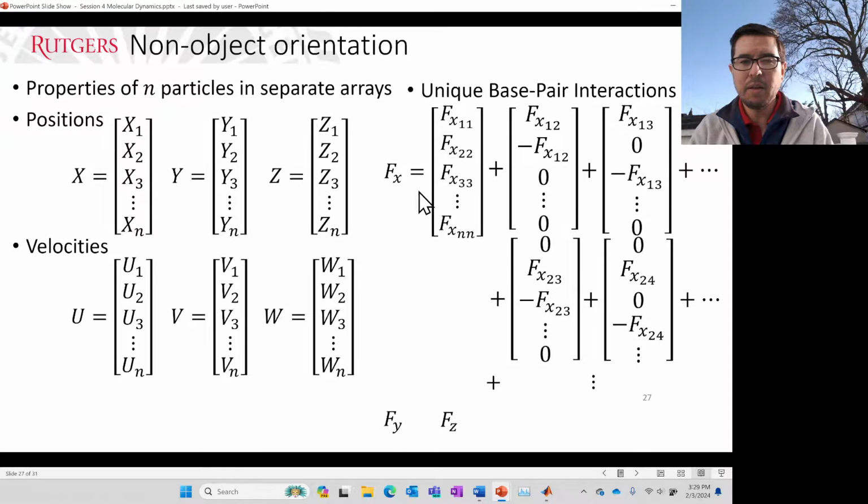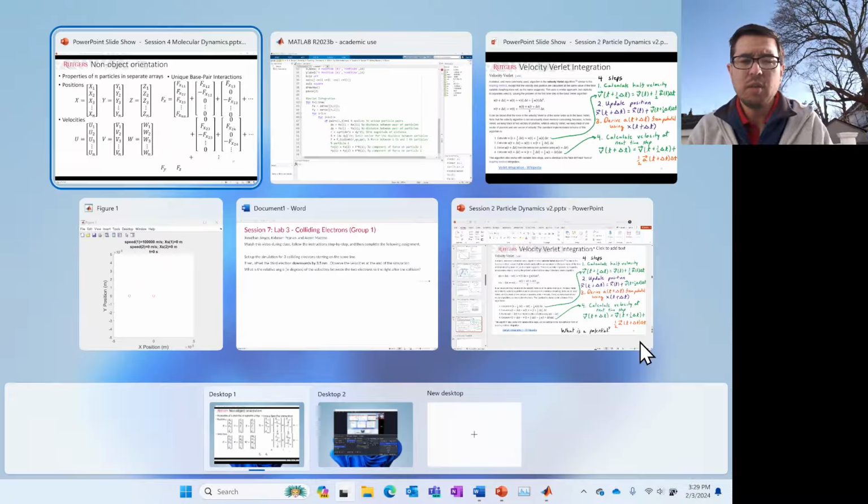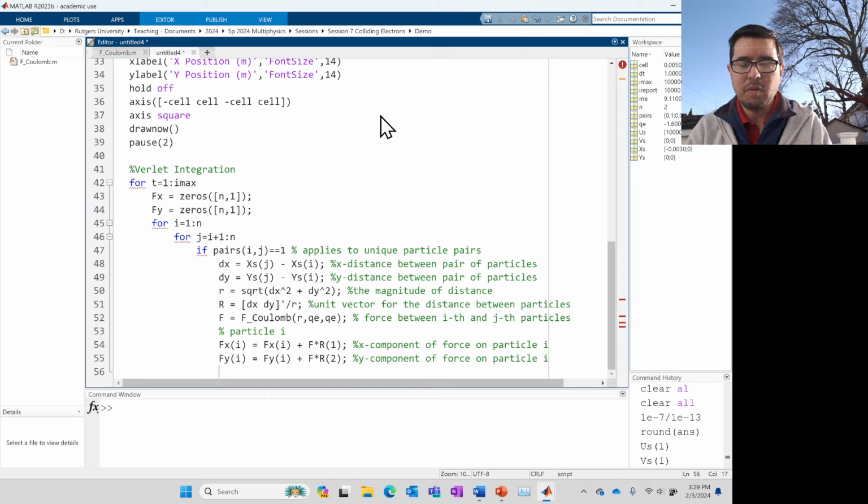The mouse is back. We have our fx that we're populating with these base pair interactions, and now we're essentially looking at these positive terms, like the fx12, fx13, fx23, fx24, right? And that's what we've just done. But there are also these negative ones, these negative fx12, or f21, which would be the negative of fx12. Minus fx13, minus fx23, minus fx24, etc. Well, they're not actually the 2, 4, and 2, 3 in this case because we only have 2